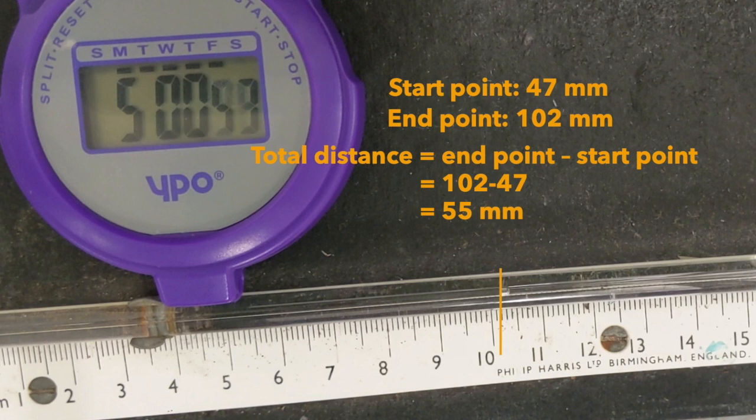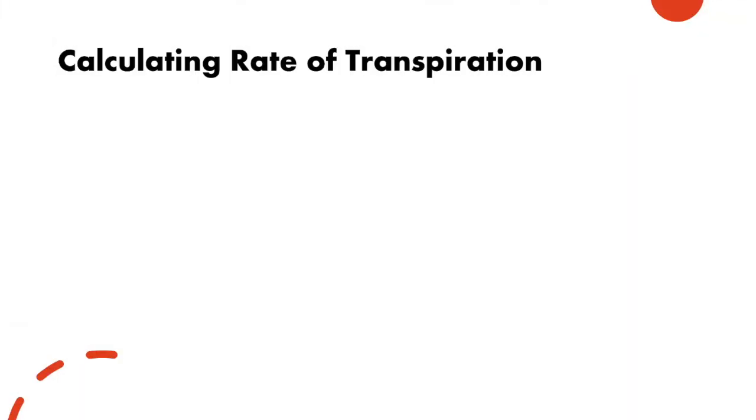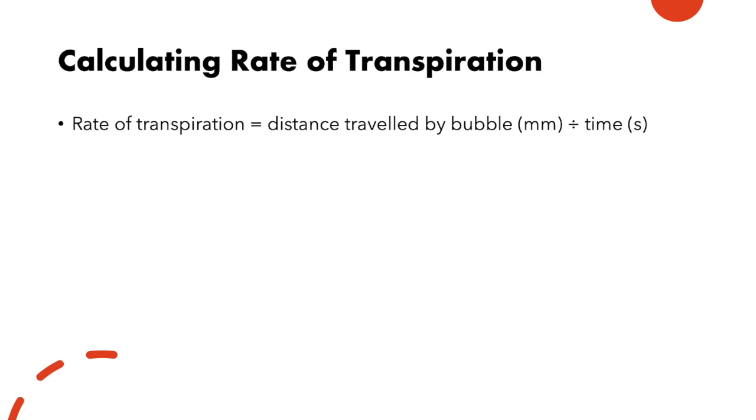Now we can use the data we collected to calculate the rate of transpiration for the different conditions. To calculate the rate of transpiration, the equation used is distance travelled by the bubble divided by time. For this experiment, we're going to give our answer in millimetres per second, but it may vary depending on the question. Make sure you pay attention to the units asked for. We can use the distance travelled by the bubble as a measurement of the rate of transpiration because it shows us how much water is being drawn up by the plant's roots